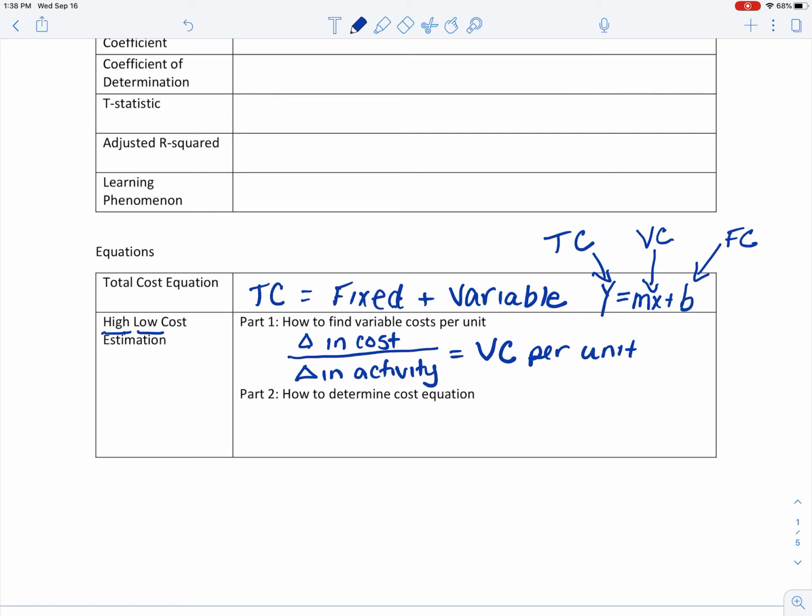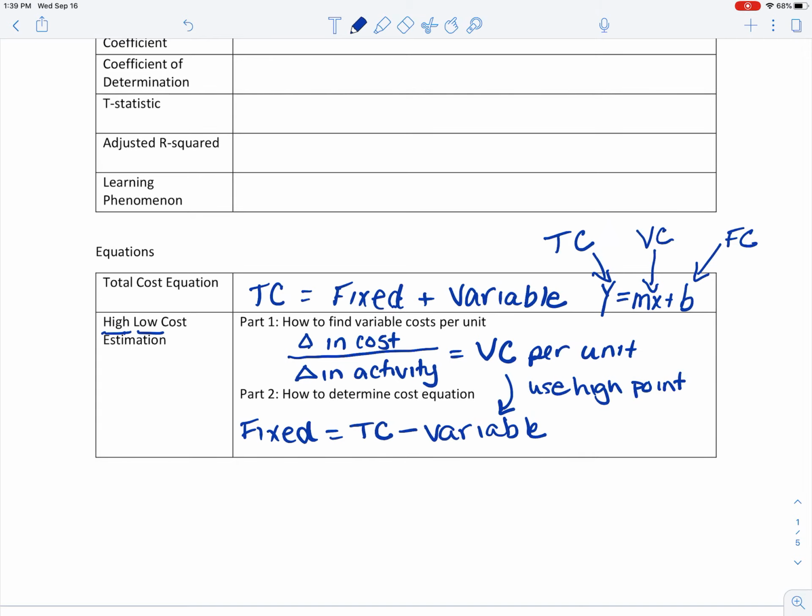Once we have that variable cost per unit, our goal is to figure out what our fixed costs are. To do that, we know that our fixed costs are equal to our total cost minus our variable cost. And if we know our variable cost from step 1, we can fill that in. We know our total cost because that's given to us. So then we can figure out what our fixed cost is. So what we're going to do is find this variable cost. We're going to use the high point,